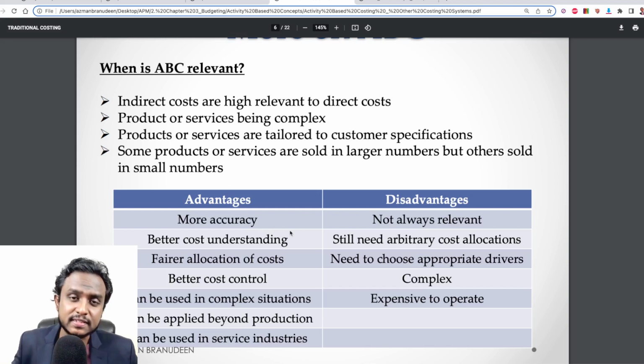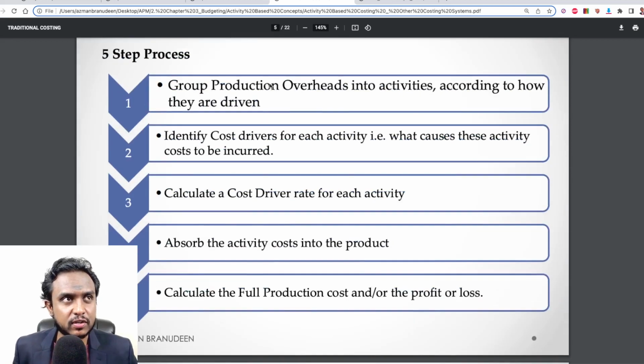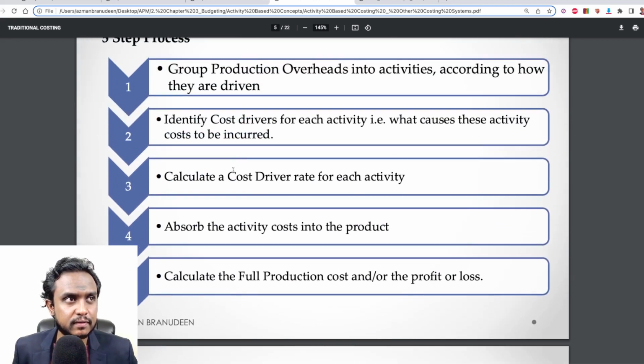Not that ABC is going to get tested. You will not get tested on ABC. That's done and dusted for you. Just understand this science, and I'll tell you why. Because ABC figures, especially the cost driver rate, that is the fundamental figure that is being used in activity-based budgeting. So to calculate that figure,